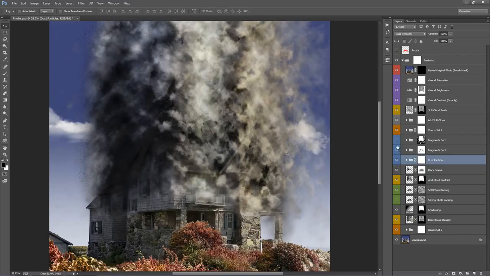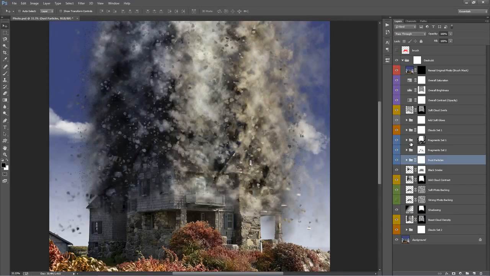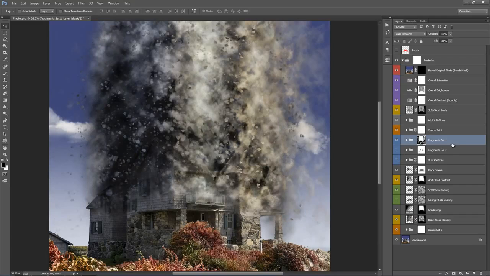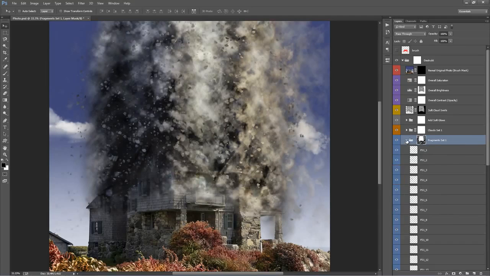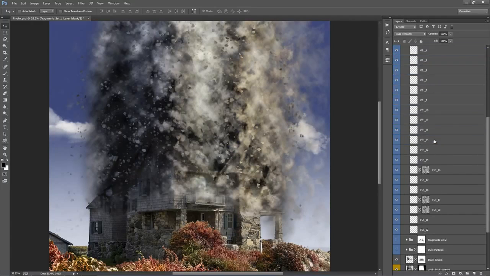Okay. I'll turn these 2 back on. Now fragment set 1. Actually, I'll turn these 2 off. Let's go one by one here. Fragment set 1. If you go inside here, these are all the broken up parts, all on separate layers. So you've got complete control over the positioning of them. You can duplicate them,